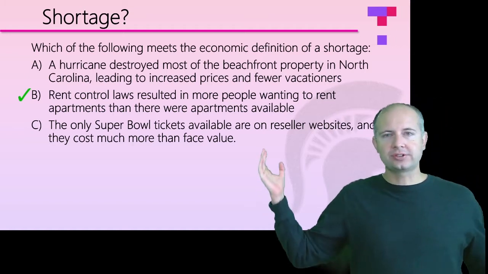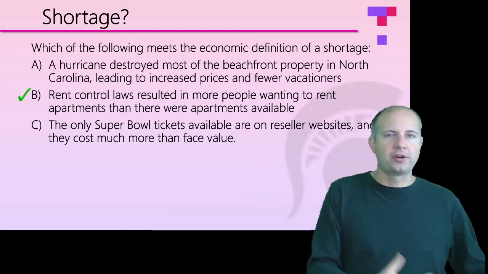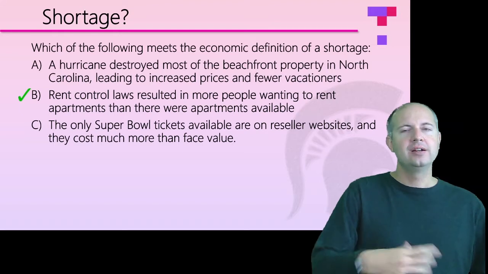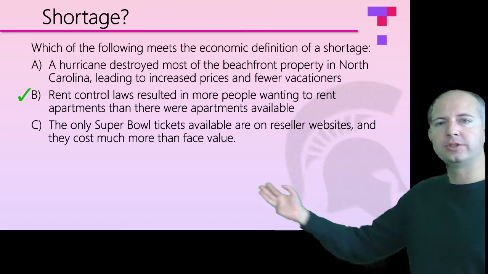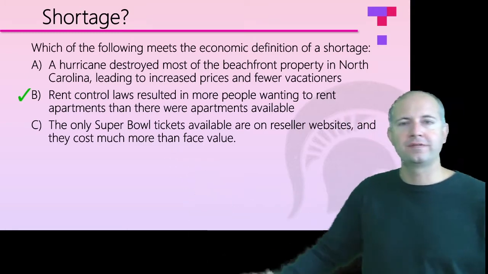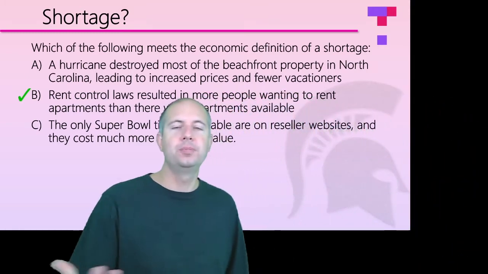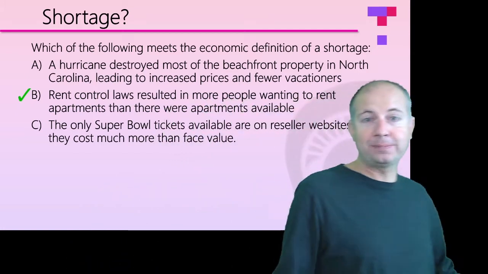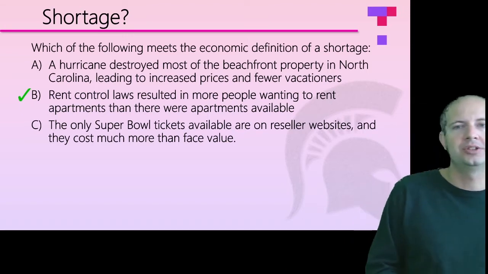So is there a shortage of these beachfront properties in July? They're hard to come by and they're very expensive, but if you're willing to pay the price, you can get them. Similarly, with Super Bowl tickets, they cost much more than face value. If you're willing to pay for it, you can get a Super Bowl ticket. You can go up 20 minutes before the game, stand outside, and there is someone for $5,000 who will sell you a Super Bowl ticket.